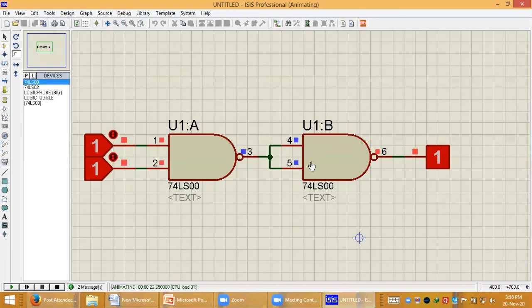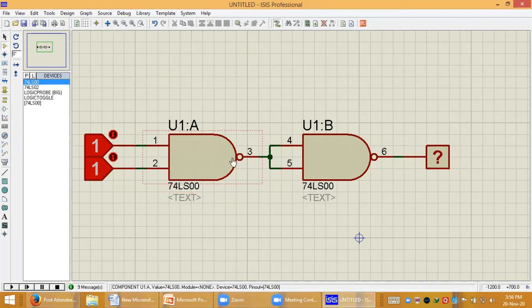So the third implementation is the OR gate using NAND gate, right? How to implement an OR gate using NAND gate? There we require the expression: A bar dot B bar whole bar. Is it right? So this is the expression of the OR gate.